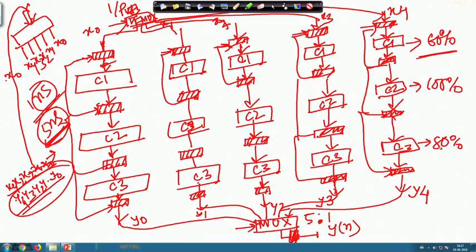So, from observing this particular point, can I reduce this particular circuit? Whenever I am employing these particular elements, it consumes area. If it is sitting idle, what I have employed is not fully utilized, as the utilizing efficiency is not 100% in each of these blocks, C1, C2, C3. That means I have put a redundant block in the circuit, increasing the operating frequency by putting redundant circuit into the system.